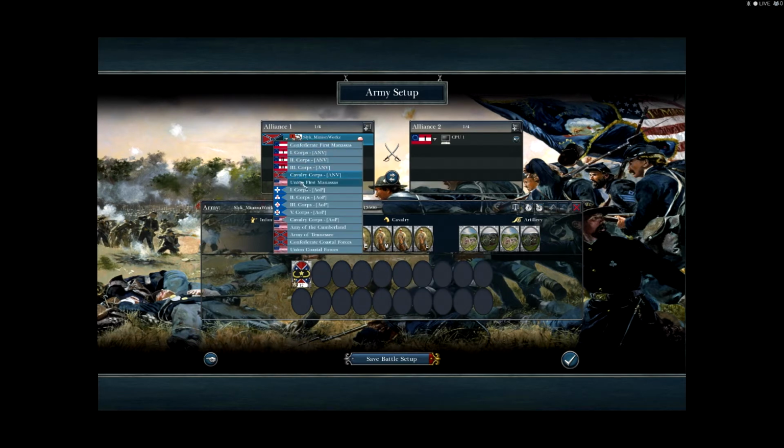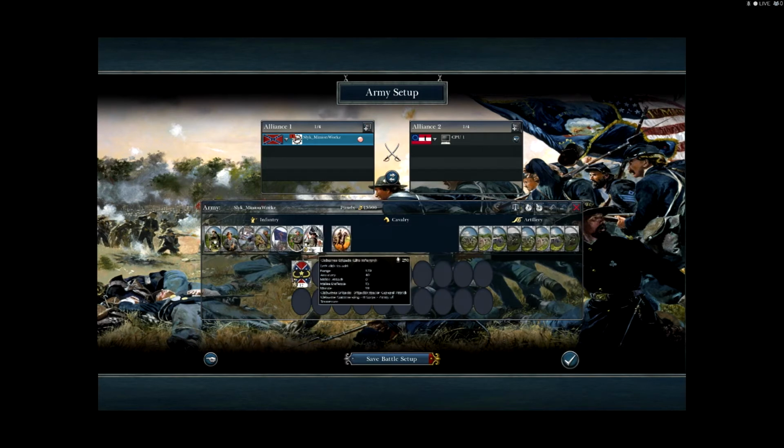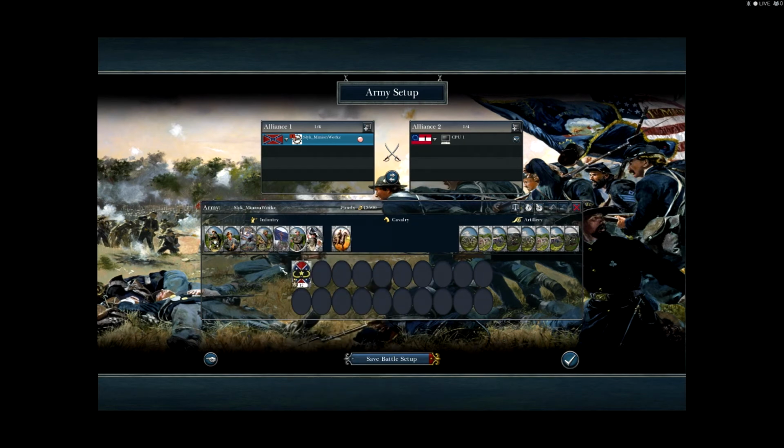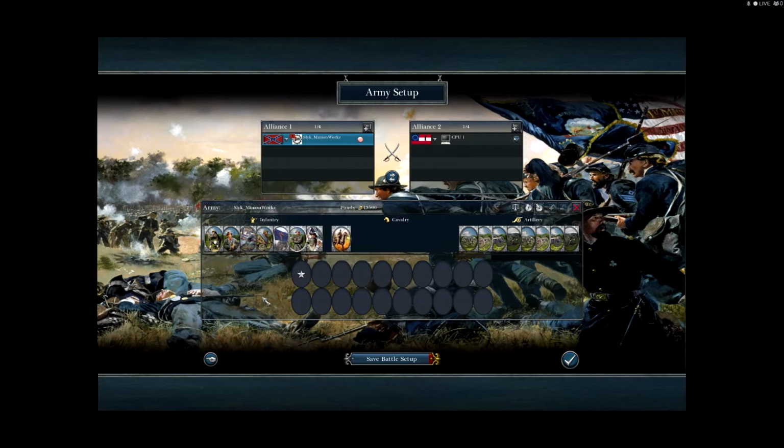The other major additions in this version, 2.0, are the addition of the Army of the Tennessee, with their leaders here, and the new units from Cleburne and the Kentucky Orphan Brigade being the major additions of special brigades or regiments in version 2.0. And we'll talk about those in another video. And the coastal forces for the Confederacy,